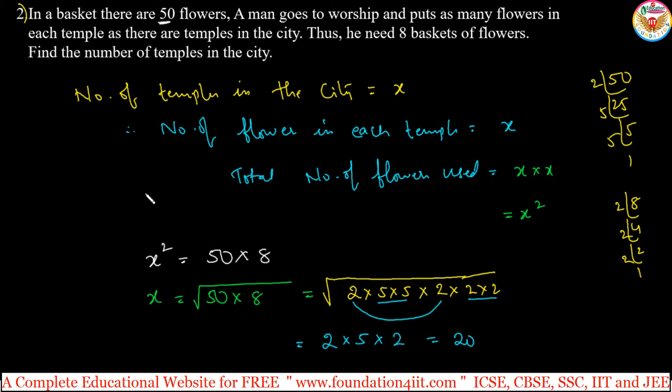Okay, this is the given data according to the question. 50 flowers in each basket. There are 8 baskets, so in the 8 baskets there are total flowers. 15 into 8, you can multiply and also you can do prime factorization. Same answer you'll get. Otherwise separately you can do also, you'll get the same. Okay, we can do in this. These are the main things. We need to find out the square root. Let us see one more.